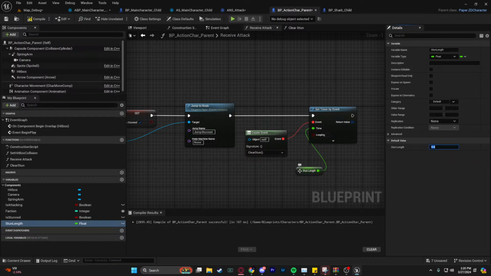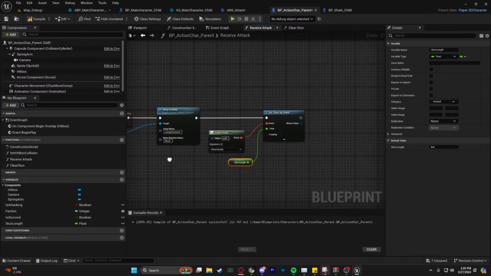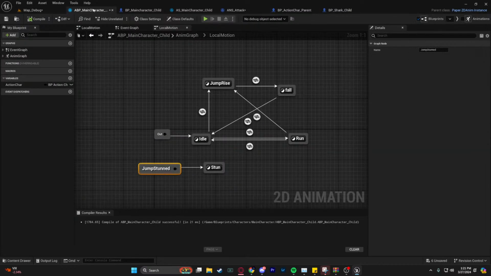So what this does is we get stunned on the receive attack, we start to play the stunned animation, and then after 0.5 seconds we reset the is stunned state. So now we can use that information in our ABP captain for now, so that we know that once we're not stunned anymore, we can go back from is stunned into idle. So here, for the condition, we can get the captain and get